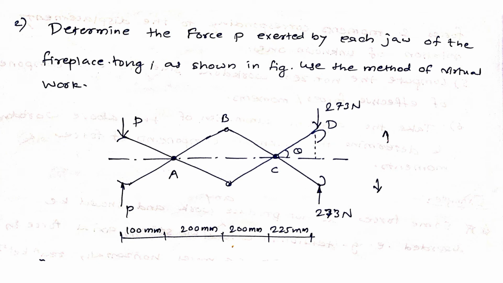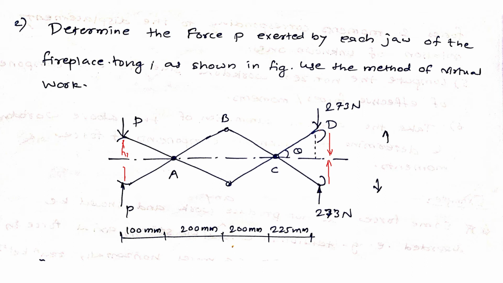Now with a little consideration, we have to imagine here that this jaw will move in the upward and downward direction, right? When this one is moving in the downward direction, this one is moving in the upward direction. So according to that, this link will change its position, with a vertical displacement in the same context. As this one is moving, getting some displacement, in the same way this will also get displacement. And according to that, we will find the correlation between the two.